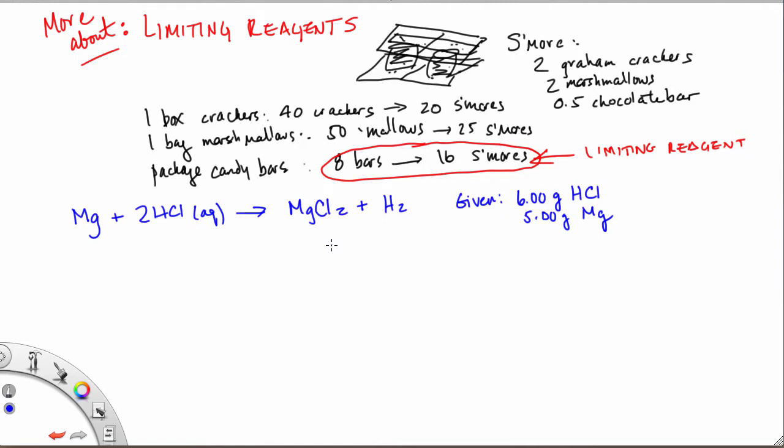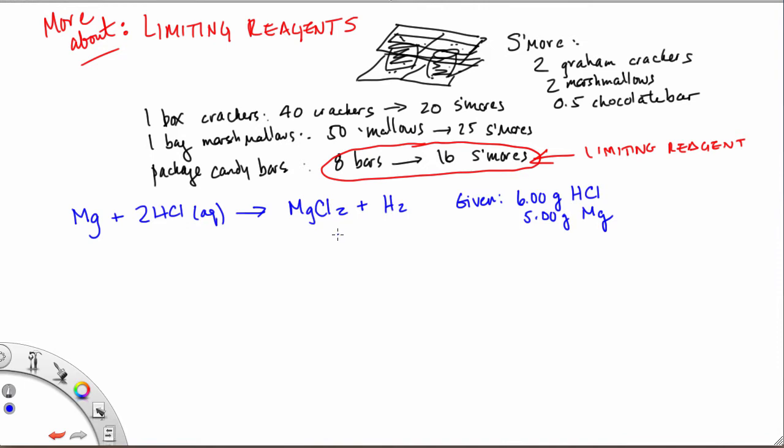Now this is important because really in most chemical reactions, especially those that are occurring in nature, when we combine our reactants together, they don't always occur in perfect proportions to each other. In other words, that both reactants are used up 100% when the reaction goes to completion. Usually they're not in perfect proportions, and we have more than we need of one and less than we need of the other. So we usually do have a limiting reagent. So this is a more